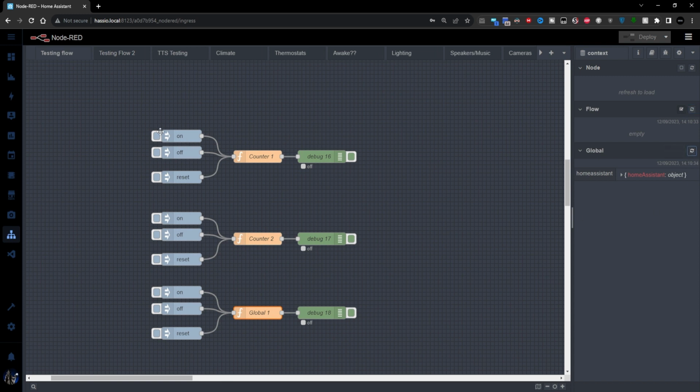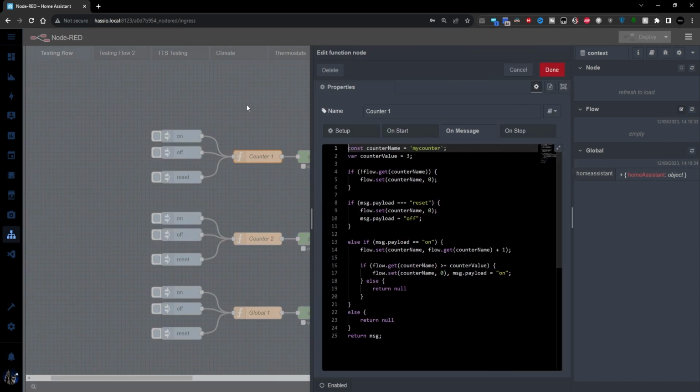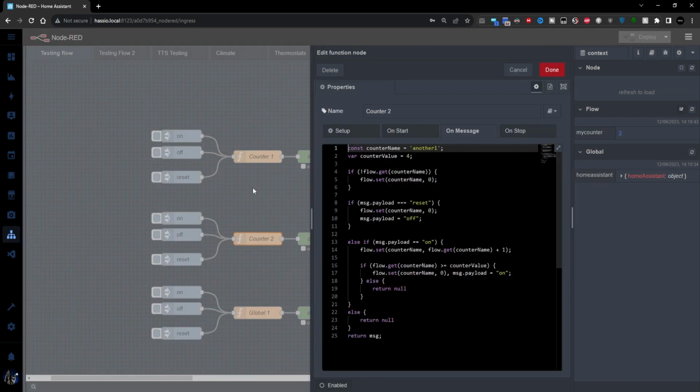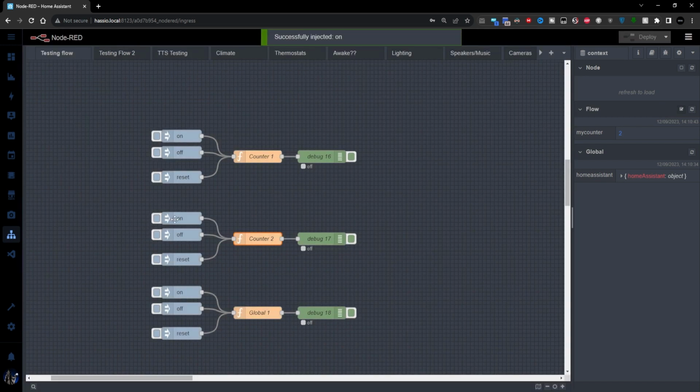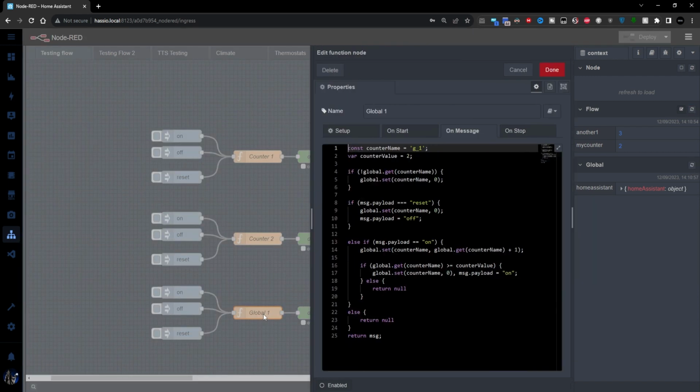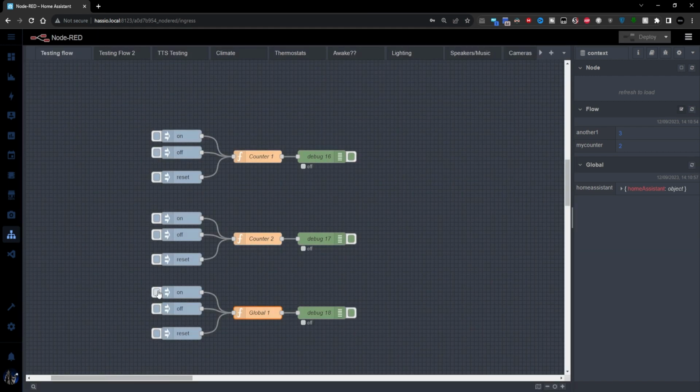So let's trigger all these again. Let's do the first one. What do we call that one? My counter. So we'll trigger that. We'll give it 2. Second one, I called that one another one. And that one had 4. So I'm going to give 3 on that one. 3 on that one, another one. And then the global, that one had just 2, so I'm only going to put 1 here. I don't want to trigger it. And there we go. So we've got our 3 variables.